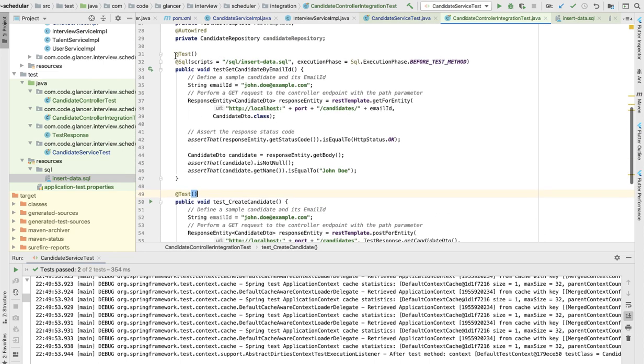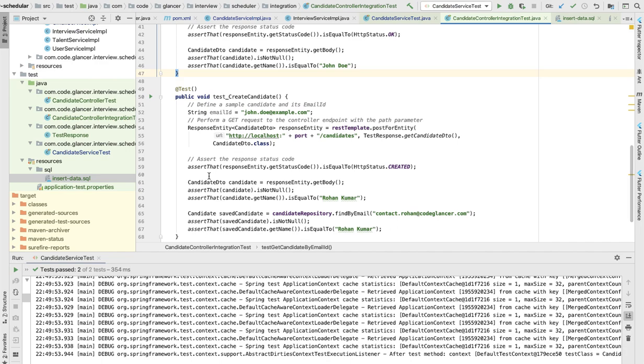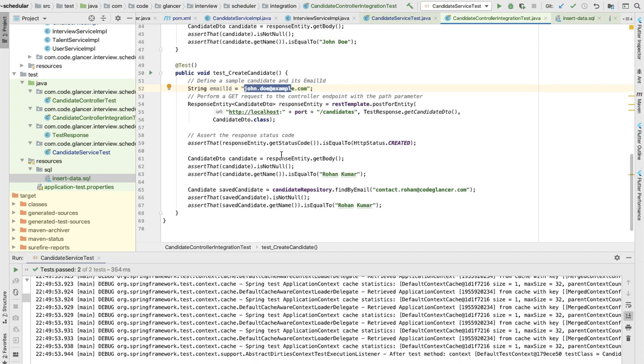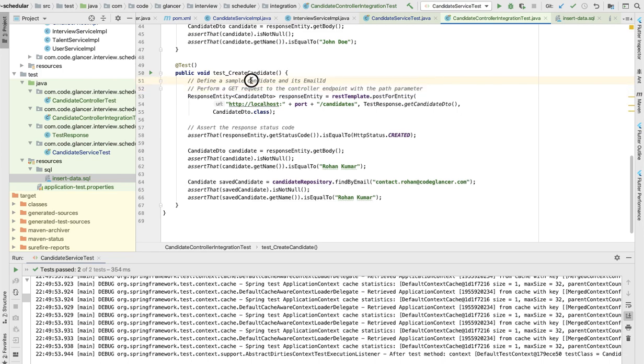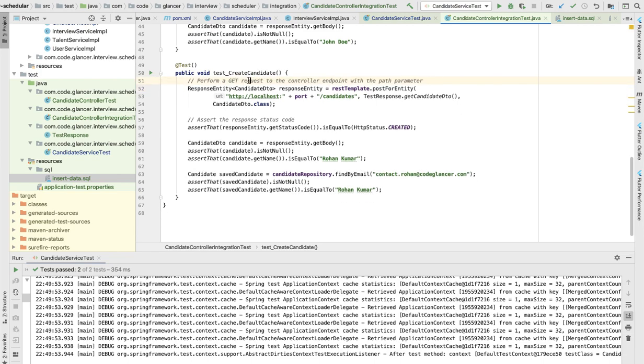So this is the test case for the GET API. Now come to the POST API. In the POST API, we do not expect any data to be present, right? We are going to just create one data. So in this case, what we have to do, that was something which was not required, so